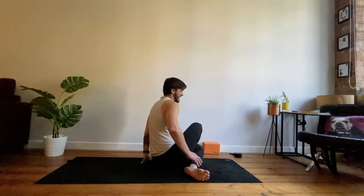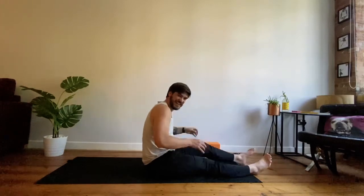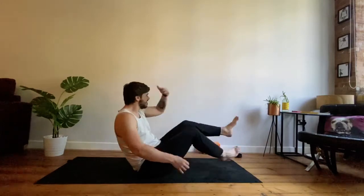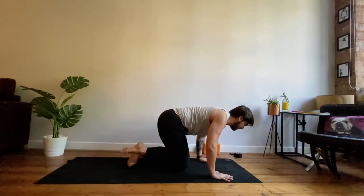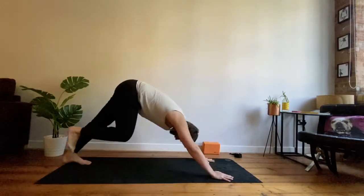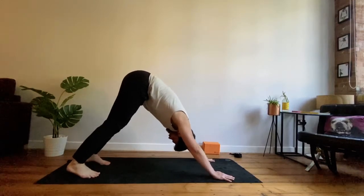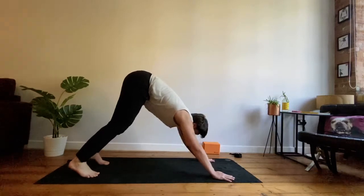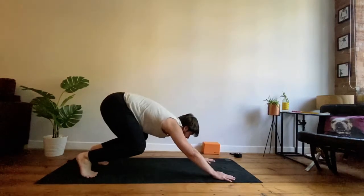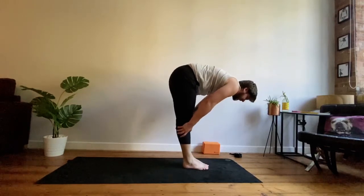And then let your legs go in front of you, giving them a shake if you like. And then we'll roll over on our knees and meet again in a downward facing dog. Bring your chest close to your knees. And still sending hips high, relaxing neck and head. And from here, bend your knees, look forward, step or jump to the front, halfway lift, flat back, exhaling, forward fold,